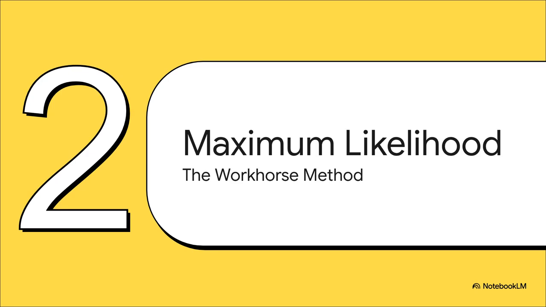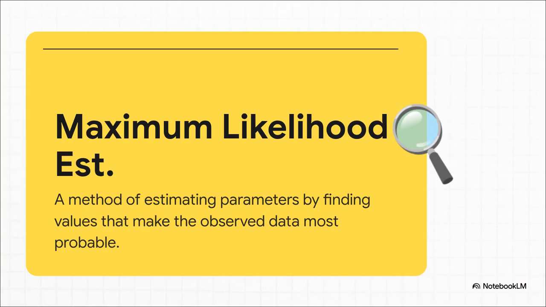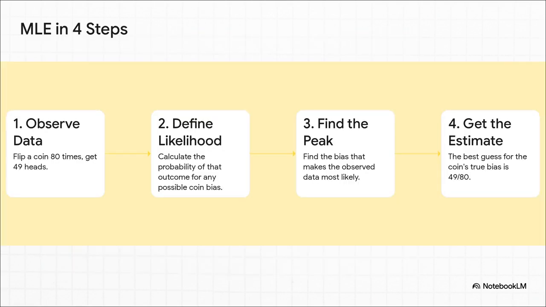It's called the maximum likelihood method, and it was developed by an absolute legend in the field, Sir Ronald Fisher. Honestly, this is one of the most powerful and widely used ideas in all of statistics. At its heart, maximum likelihood estimation, or MLE for short, is actually super intuitive. All it's doing is asking a simple question. Given the data I actually have in my hands, what version of reality would make this data the most likely thing to have happened?